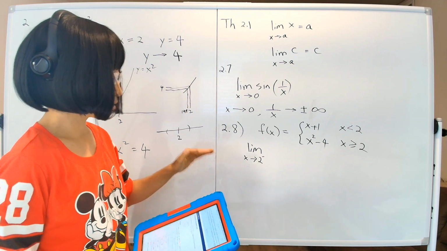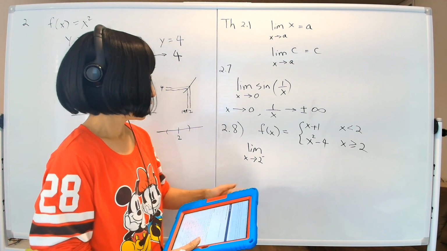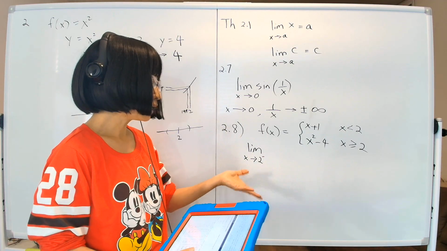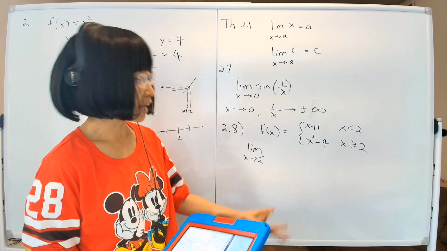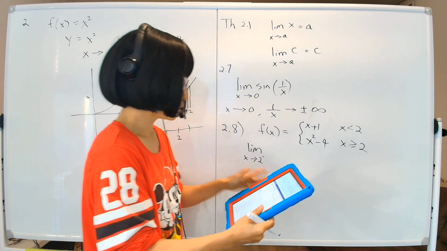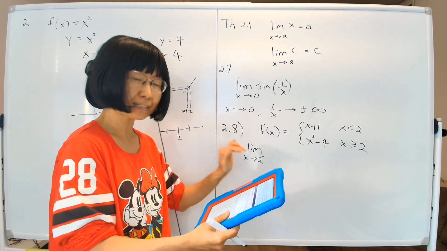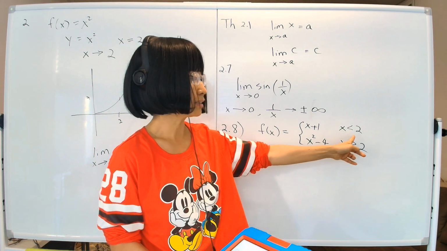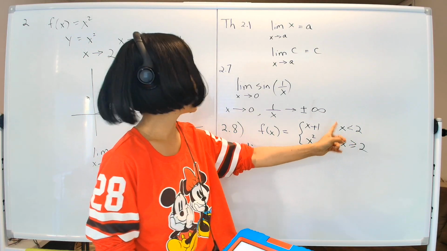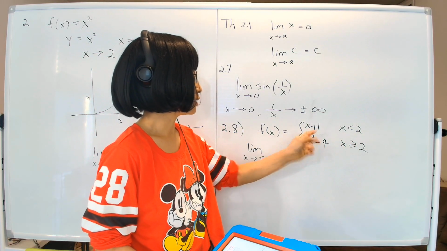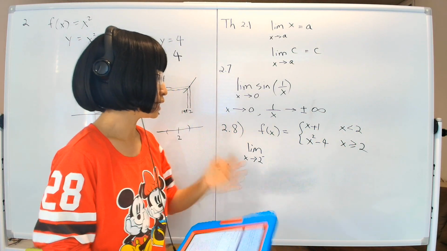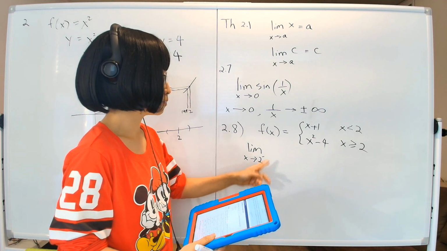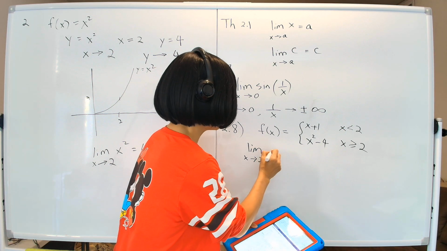That is, x is less than 2, meaning slightly less, such as 1.9, 1.99, 1.9999, etc. What happens when x approaches from being slightly less than 2? The definition says if x is less than 2, even if it's slightly less, the formula goes as x plus 1. So as x approaches 2 from the negative side, the limit of f(x) will be